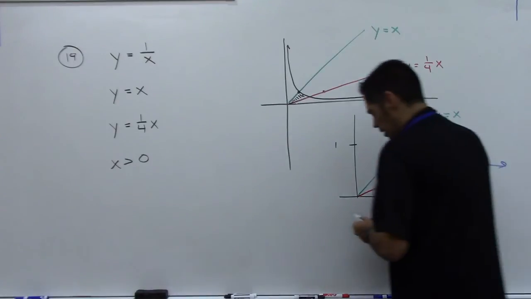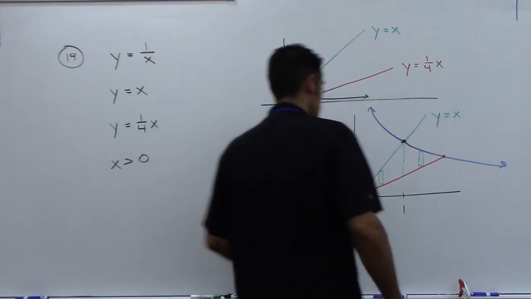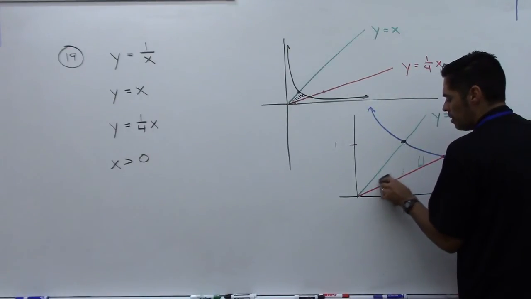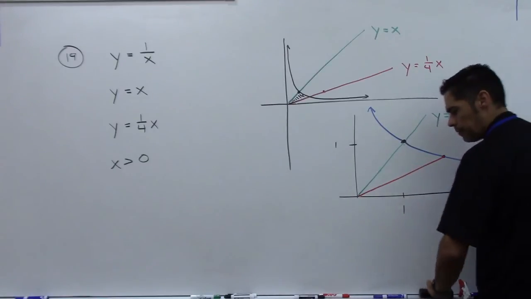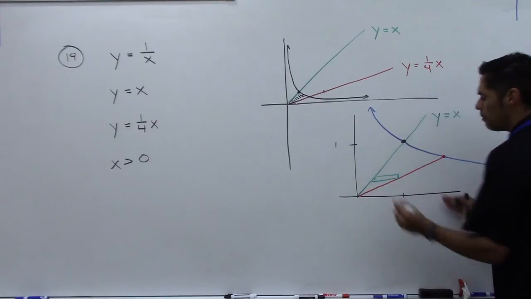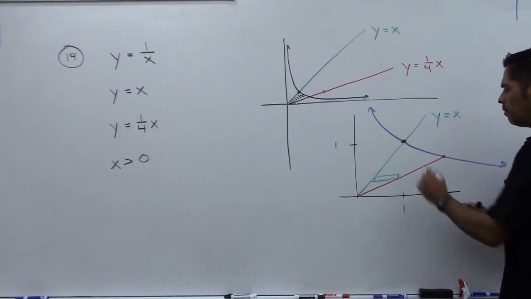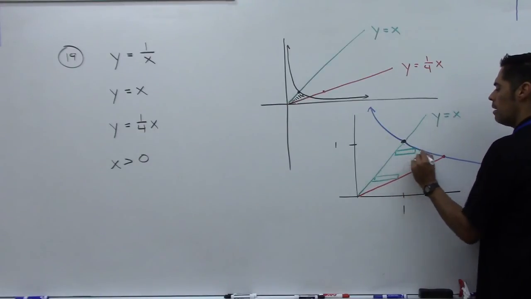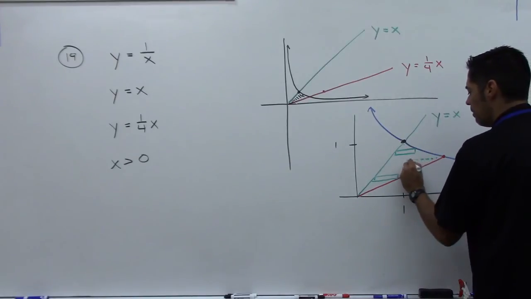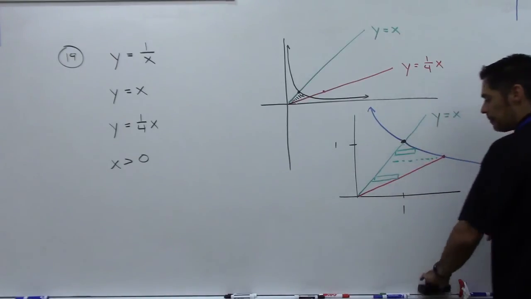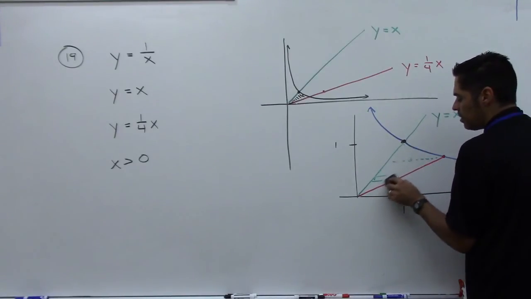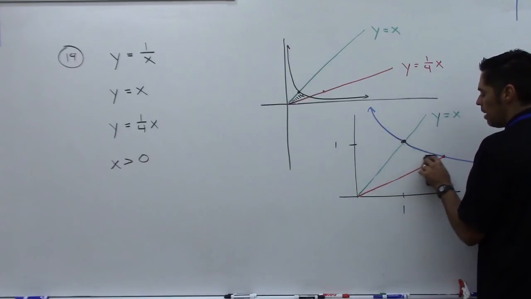If we try and say, all right, well, we'll do horizontal rectangles instead, things aren't going to get any better. Because with the horizontal rectangle, if we go this way, the red one will be on the right, the green one will be on the left, but when we get up here, it'll be the blue one on the right and the green one on the left. So no matter what, we would have to split this up also. So because of that, and because my original curves were given as functions of x, I'm going to stick with the vertical rectangles. I'm just going to keep in mind that I'm going to have to split it up into